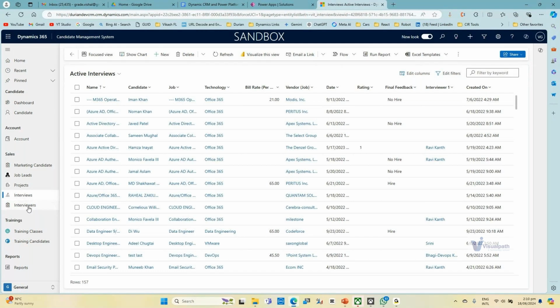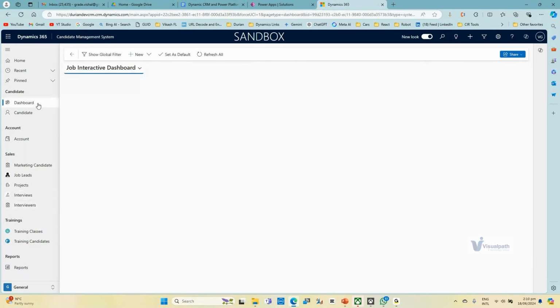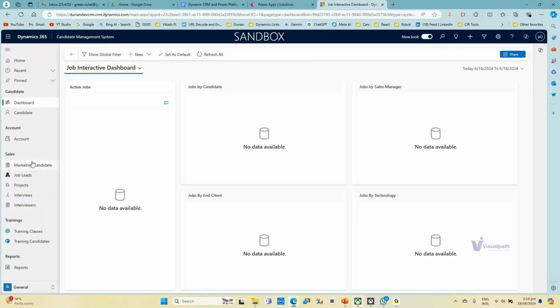So what I'm trying to say here is that all these things are not out of the box, but some of them are. When I say out of the box, it means when you buy the subscription of this CRM application, you get this Dynamics 365 CRM application like this. And then there are some tables which you get by default. For example, the account table and contact table you get by default. You can store the company's data directly, you can store the contacts or person's data directly,